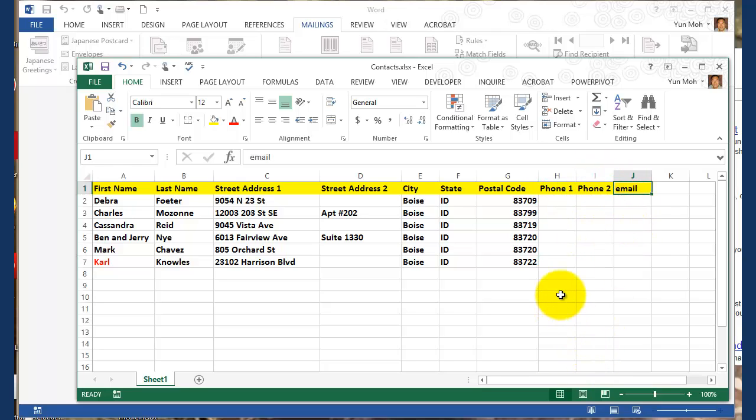And I also added other fields like phone number 1, phone number 2, email, and so on. So any additional information of all these people. For example, you could have an account number, but you don't have to have these fields filled up for mailing labels because we don't print them. So I'm going to go ahead and save this,